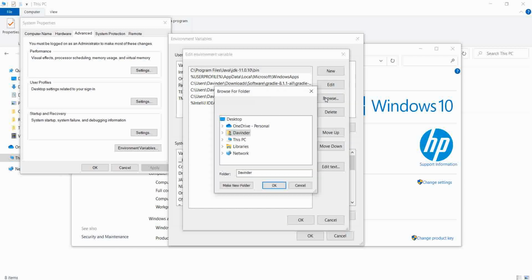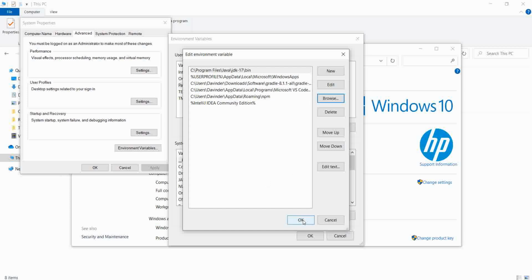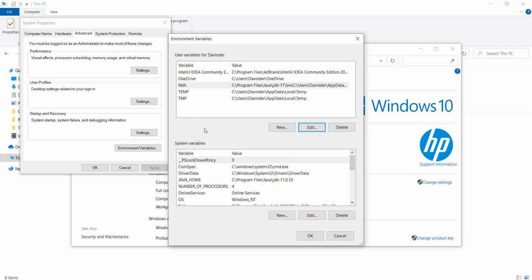browse where it is installed. It is installed in My Computer, Program Files, Java, JDK 17, bin. That's it. Okay. Now here in the system variable, you will again set the path.